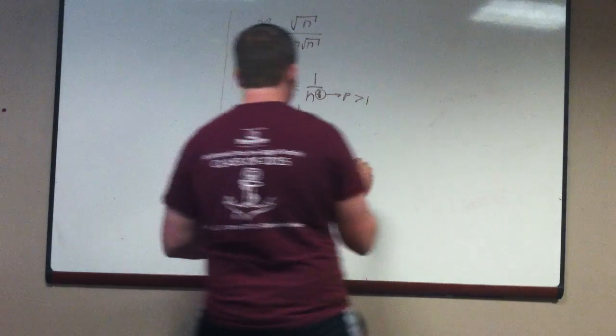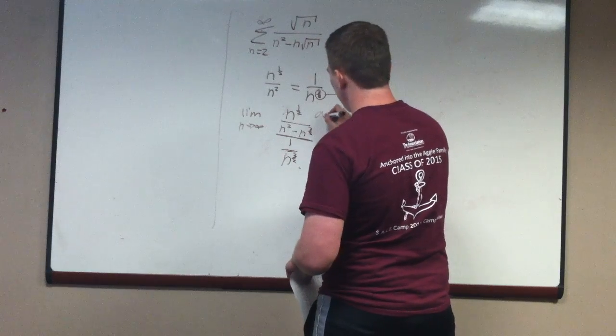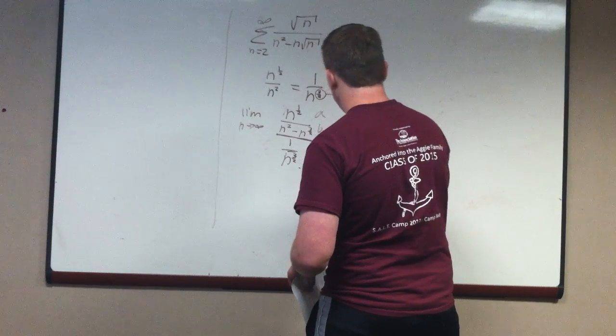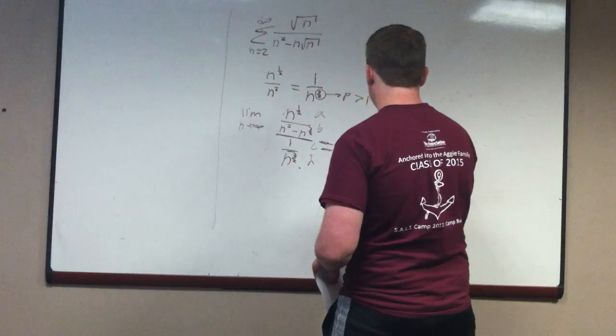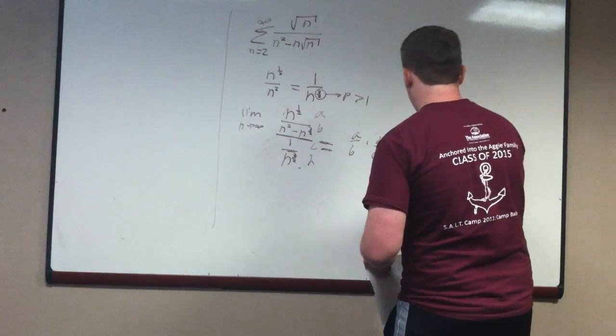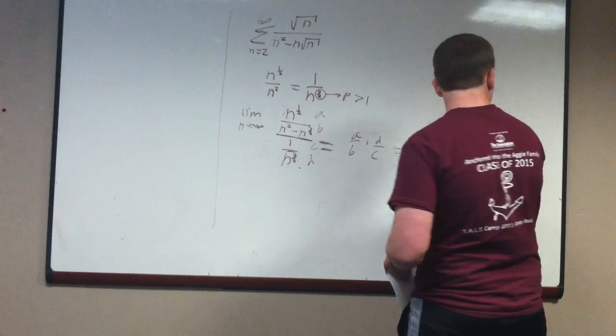So if we simplify this, probably an easier way to look at it, remember that A, B, C, D rule, how we flip it and we do A over B times D over C. So I'm going to have n to the 1/2 over